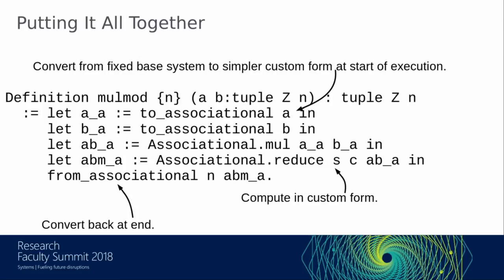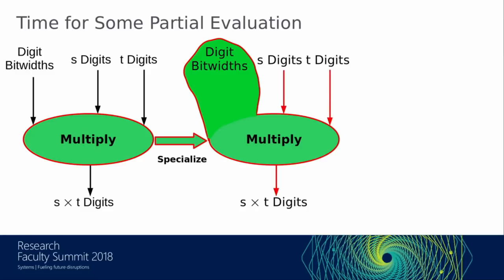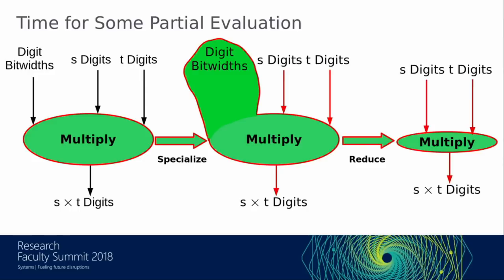And the approach we're going to take is a classic idea in compilers called partial evaluation. So we have, for instance, our multiply operation. It's parameterized on a static part, information on the digit representation of numbers, which could be different for different elliptic curves. And then we have the actual digit values. So first, we'll specialize this function to a particular set of digit bit widths. Now all it takes in are the digits themselves. And then we will reduce and simplify algebraically that program until all the overhead of the genericity is gone, and we have a lean specialized multiply routine.